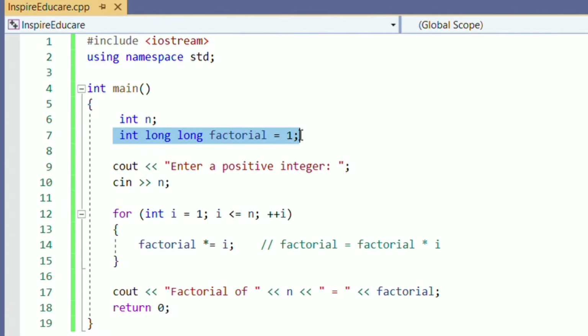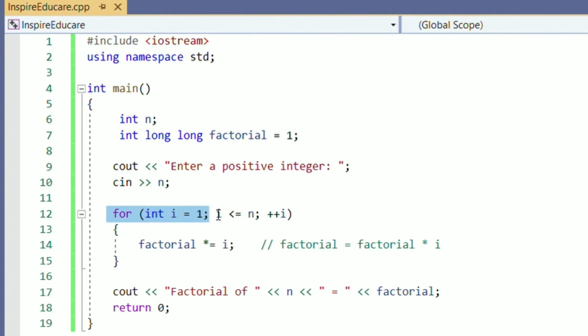But before that, see, I have written here long int because if I want to calculate factorial of 45, the value will be too long. Therefore, I have kept here long. So in the next line, I am printing a message, enter a positive integer, and then using the cin function, I am taking n as user input. N is the number for which I will be calculating the factorial.